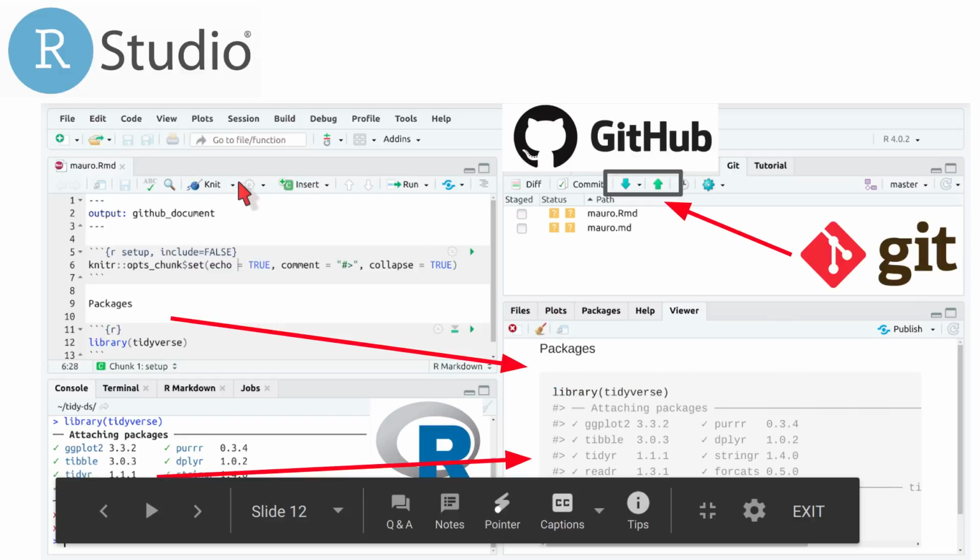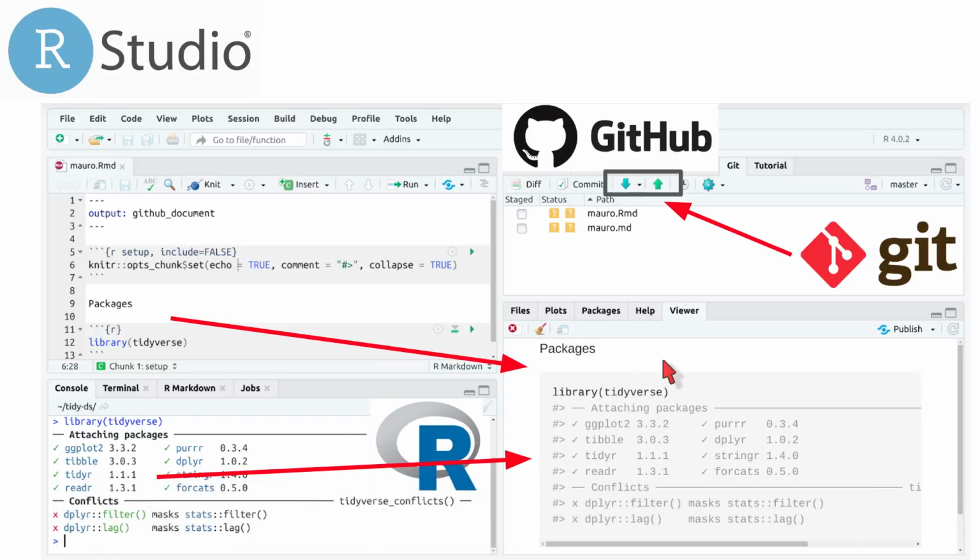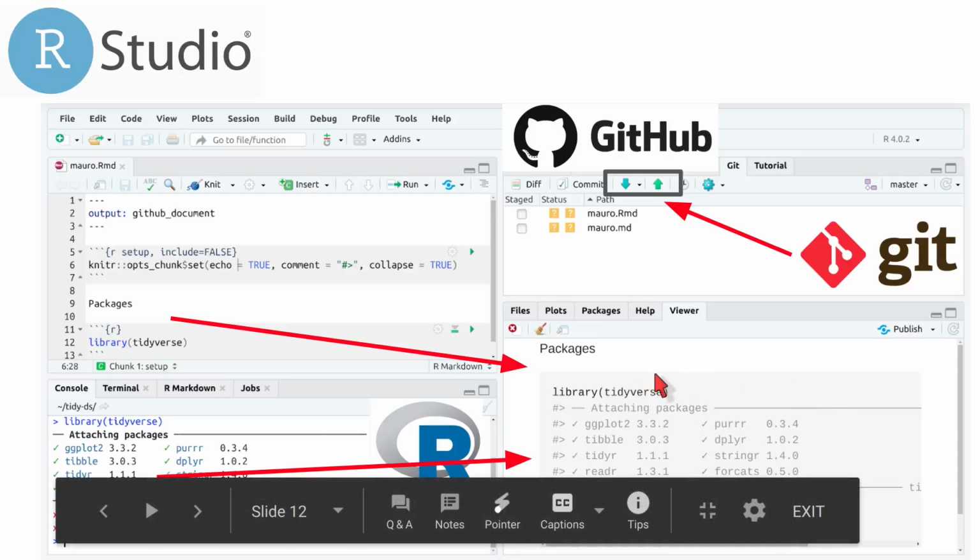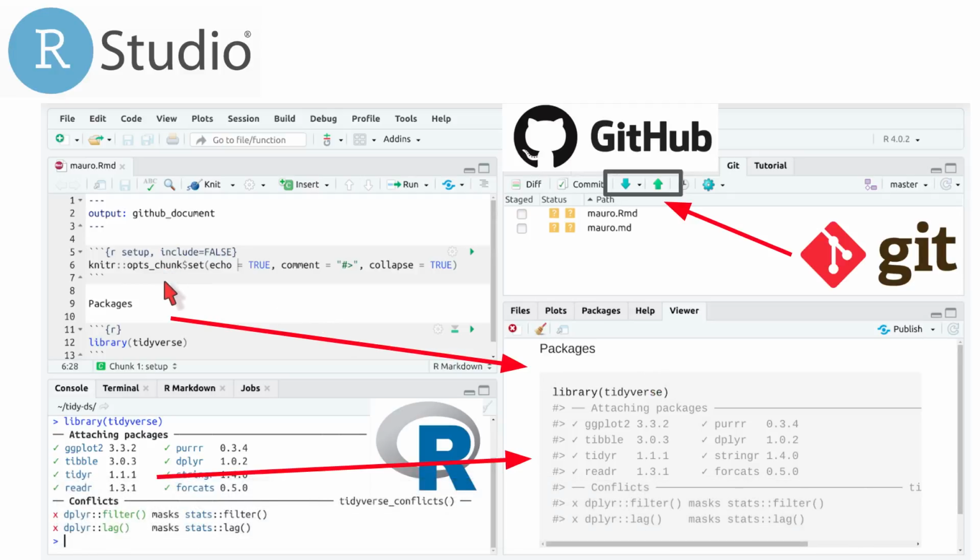So when you click this button, knit, and we are going to do this many times in this workshop, you will get this page here. Let me check the time, because I'm using full screen so I don't see the normal time on my computer. So we're good. So in the viewer, you can preview what the output of running this code will look like once you render it, clicking this button, knit.